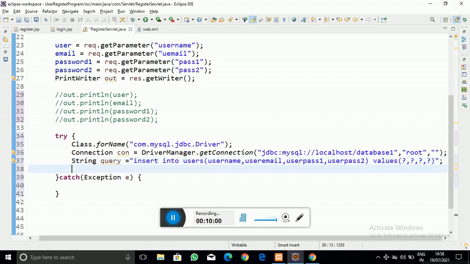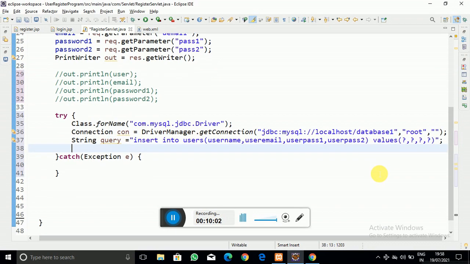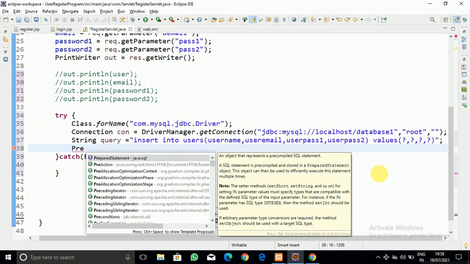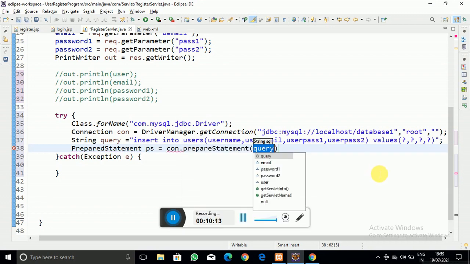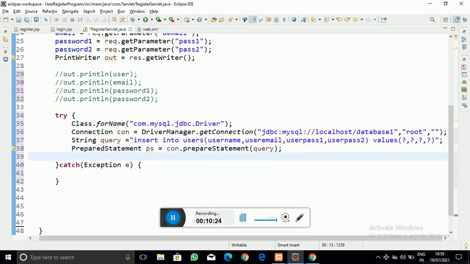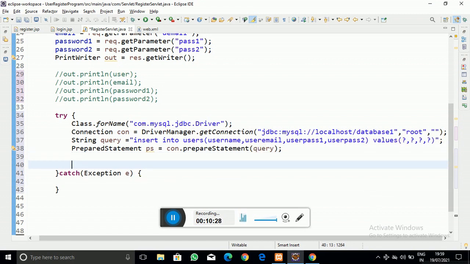Now let us prepare the statement to execute the query. PreparedStatement ps equal to connection.prepareStatement, and into the parameter of that prepareStatement you have to write the query which you have created. Now this is the time to replace the placeholder values by making use of that prepared statement object.